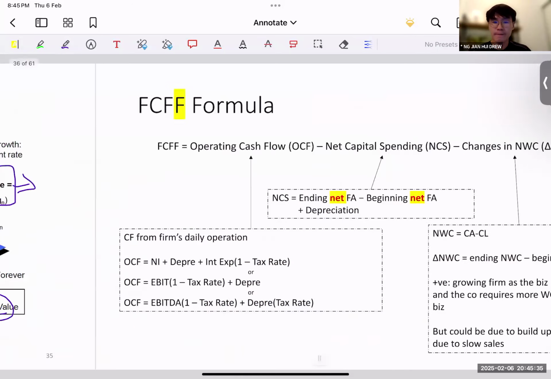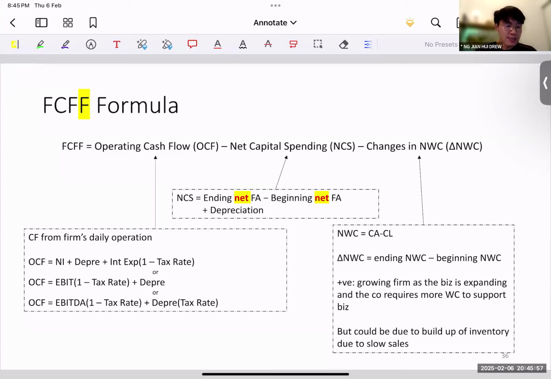And so we have the FCFF. So in terms of the cash flow, I want to highlight again this slide, which is actually adopted from your FIN 203. So it's kind of a repeat, but I'm really happy to see it because this slide is very important. So I want to go through it in detail. So what is happening here?